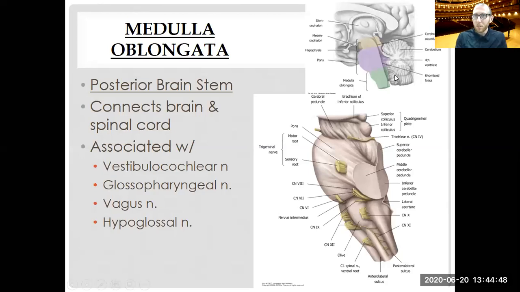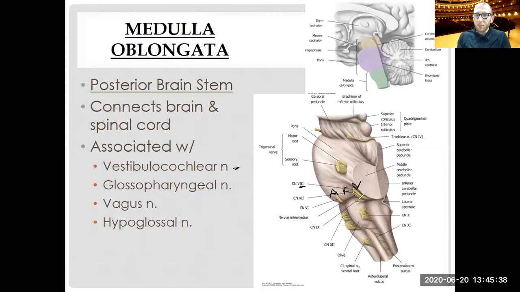It's all right if you just say medulla, that's most often how you'll hear it. But with the medulla being inferior to the pons, but superior to the spinal cord, here we can see those divisions. Focusing in on the cranial nerves: vestibulocochlear, glossopharyngeal, vagus, and hypoglossal. You can see that A, F, V, number 8, is the vestibulocochlear right here,